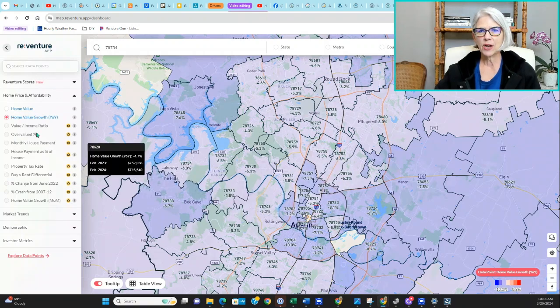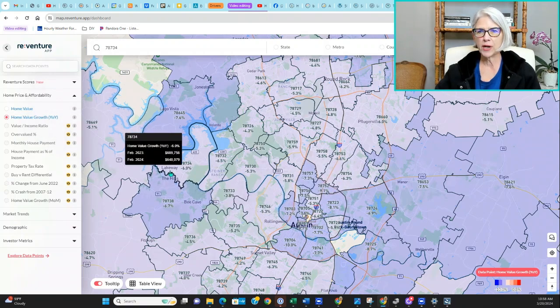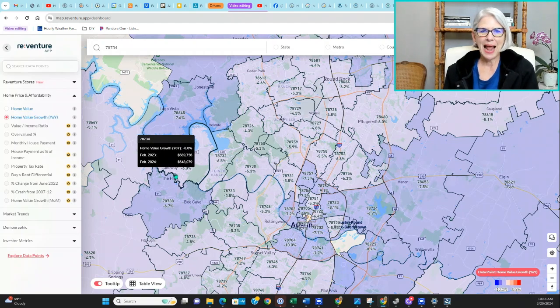And you can come in here and play with this yourself. Again, it's free. For a lot of the really good data, if you're just a regular person like me, I actually am also a real estate investor, I should say, but I'm not actively putting a lot of energy into looking for properties right now and taking care of that.